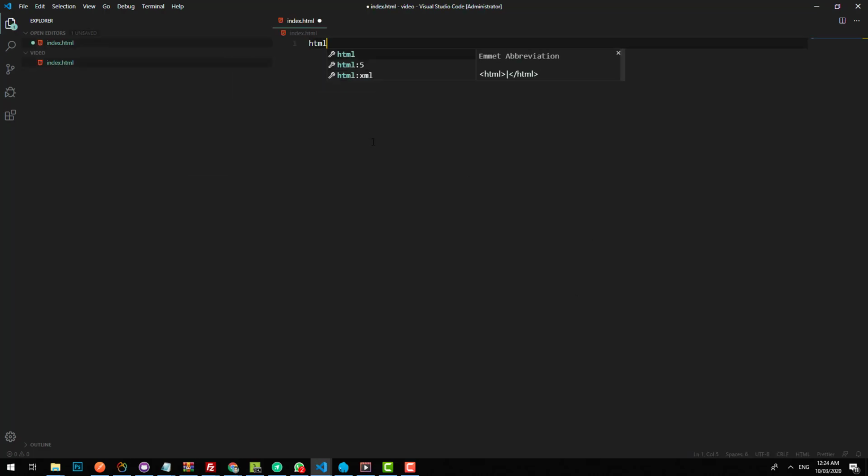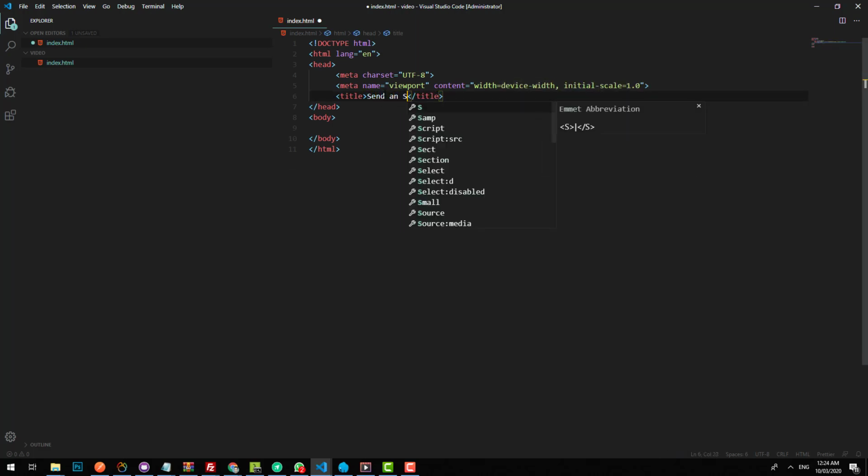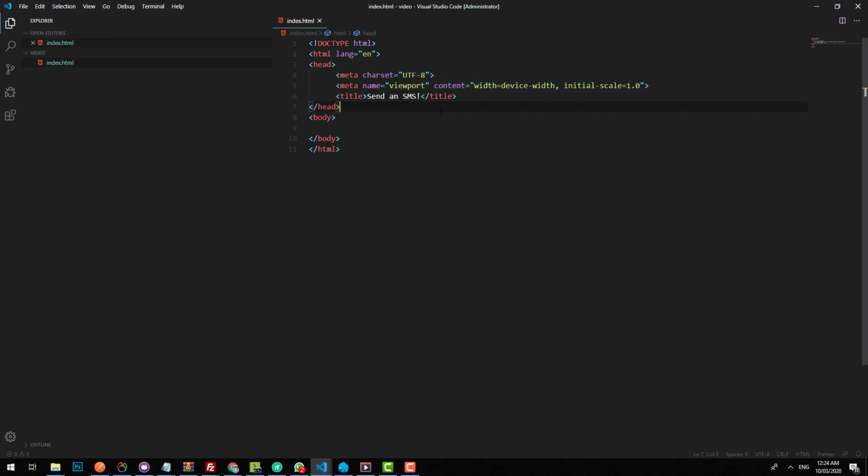And we will just do the plain HTML5 scaffolding and make the title whatever you want, but I'm just going to do send an SMS. And then we want to include some JavaScript and CSS in our project, but instead of just including libraries inside our HTML file, we are going to be using a compiler. We're going to be using Laravel Mix, and that's just a wrapper around Webpack. It allows us to compile our JavaScript and our CSS, and we can also use Sass,